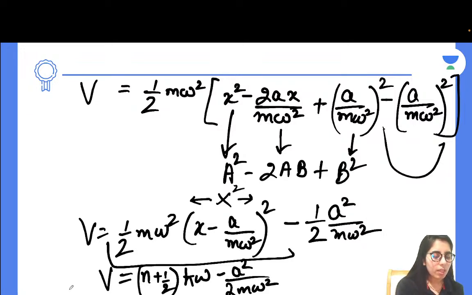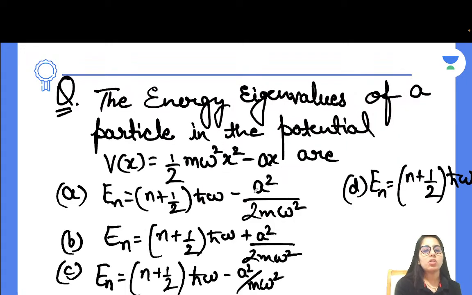Now what next? Once you got it, you are getting option A to be the correct one. You can see that option A expression is the same as what we have got. So let me know if there is still anybody having any doubt, we can talk about it. And if everything is clear, then that's great. Next, we will take a question based on another concept. But I'm just going to check your comments if you are having any doubt anywhere. And if no doubt, we are ready to take the next question.